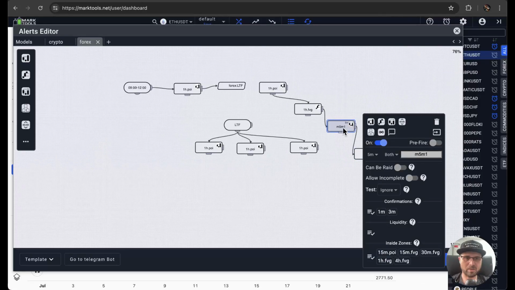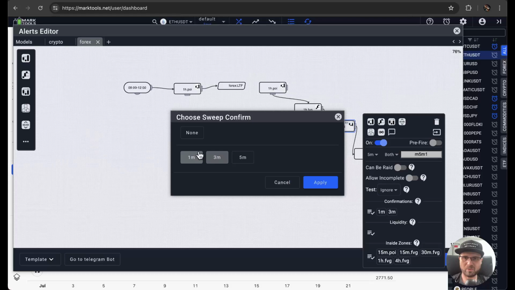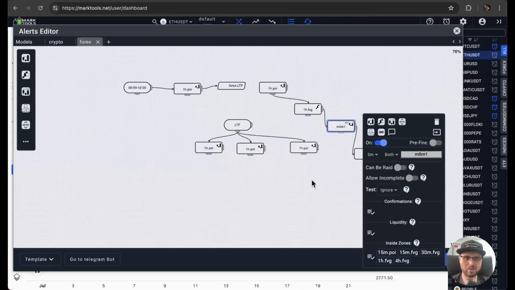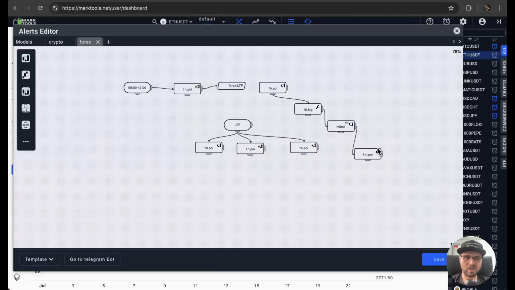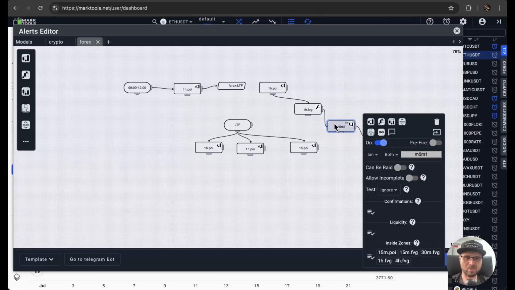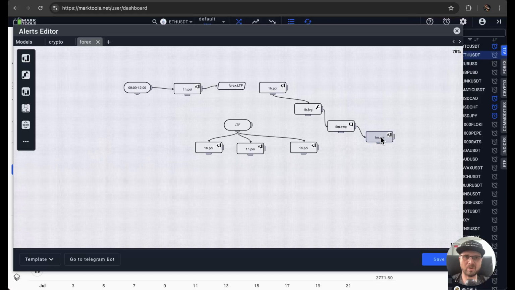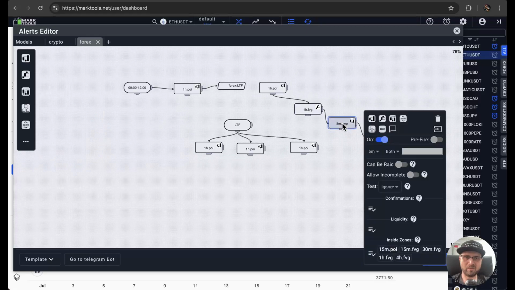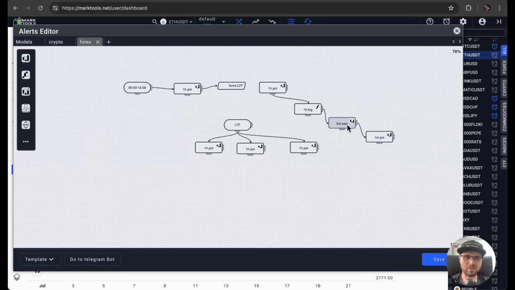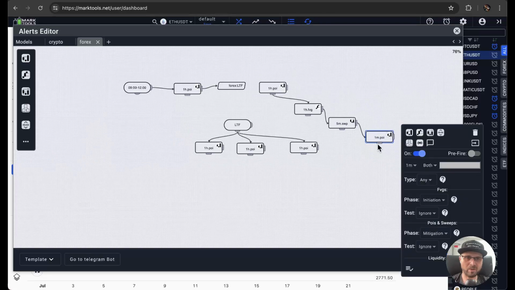Let's say I'm not using those confirmations like here, okay? And I'm using it like this. So it would be just M5 sweep and M1 POI. Meaning I have a 1 hour POI, then in this 1 hour POI I should have a 1 hour FVG. Inside this FVG I have to have an M5 sweep, and inside this, after this M5 sweep, I have to have